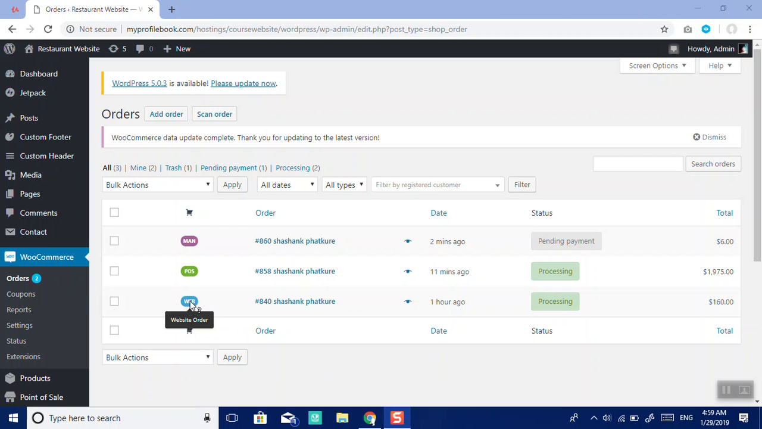One is the web order. When an online order is created, it is called a website order. Second is a POS order, which is a point of sale order which we generate with the billing. A cashier is the person who will generate the point of sale order, and a web order is something which will be generated by the customers through their website, and MAN, which is a manual order which we can generate